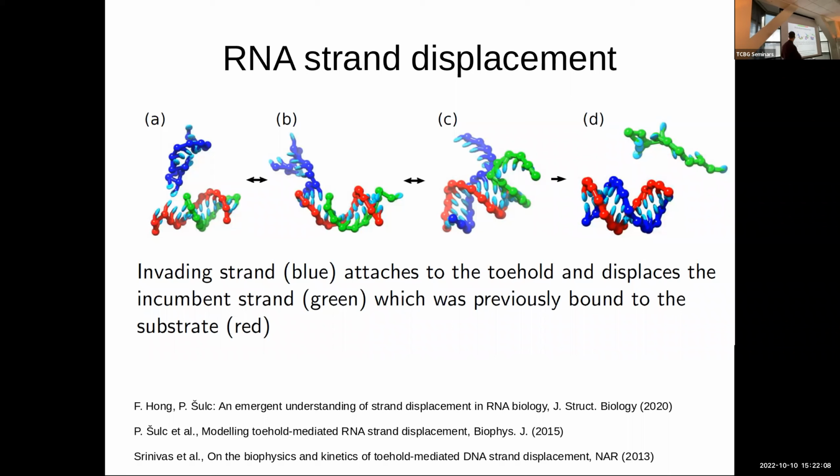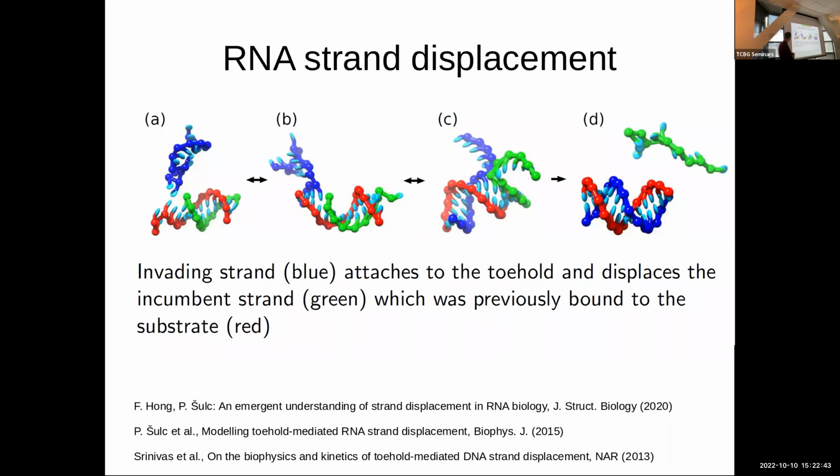Basically, this is the key trick in all active nanotechnology. What strand displacement means is that you start from a gate strand, which is the green and red. The green is the incumbent and the red strand is the substrate. You see that the substrate has a few extra base pairs, which is called the toehold. Now, at room temperature, for this particular number of base pairs, it's extremely unlikely that the green strand will spontaneously dissociate. However, if you introduce this invader strand, the blue one, which is fully complementary to the red, it will